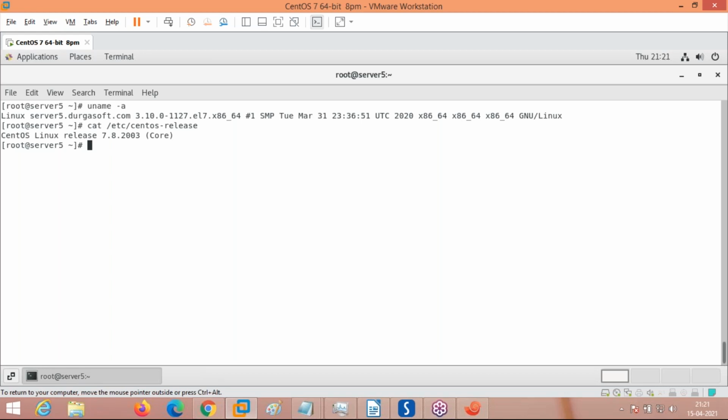You go into a real-time environment. You need to ask. You don't need to ask any other person which operating system I am working on, because not all operating systems are the same. So in order to do this, you have to give the command uname -a and cat /etc/ CentOS release, which will give you the operating system, kernel, and other details.